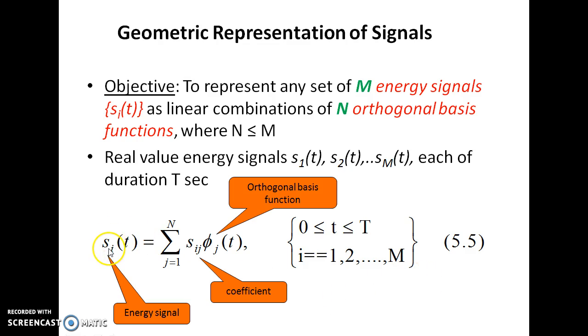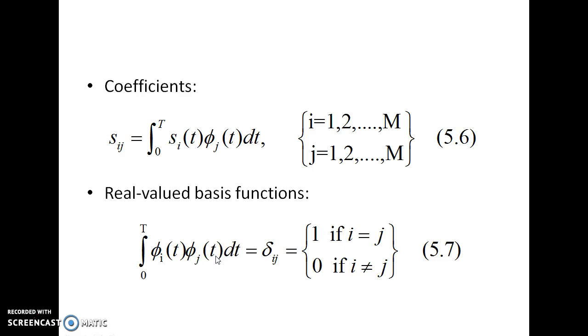We'll go on taking signals one by one, s1(t), s2(t), s3(t), and for all the signals you can write them as linear combinations of the basis functions that you have derived. This GS procedure will help us find these basis functions, and you can calculate the coefficient values. So any signal you will be able to represent in a space. Here s_i(t) is an energy signal, s_ij are called coefficients, and these phi_j(t)'s are your orthonormal basis functions. What is the formula? You can do the reverse also: if you know the signal and you know the basis function, just multiply and integrate, and you will get your coefficient value.